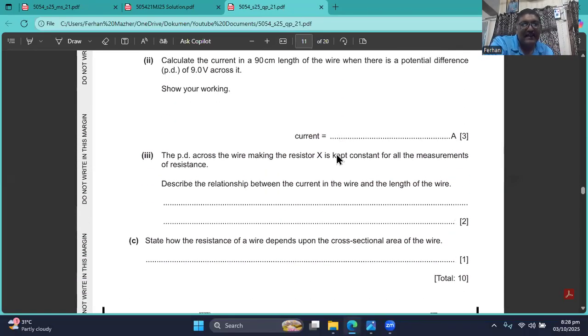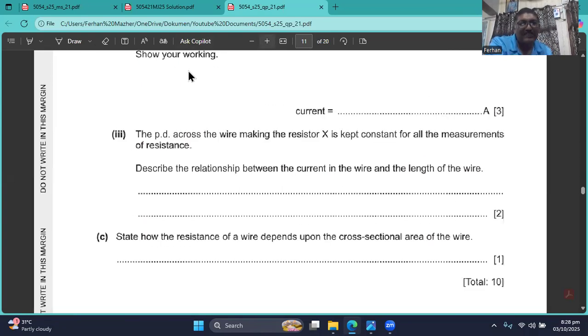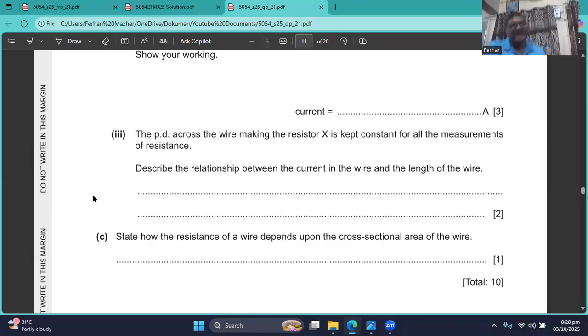It's A, it's B, and the third part. The potential difference across the wire making the resistor X is kept constant for all the measurements of resistance. Describe the relationship between the current in the wire and the length of the wire. The resistance of the wire depends on the length of the wire. If you keep the potential difference the same and increase the length, the resistance will increase, and that will decrease the current. So the relationship between the length of the wire and the current flowing through it, if the voltage is kept constant, is inverse